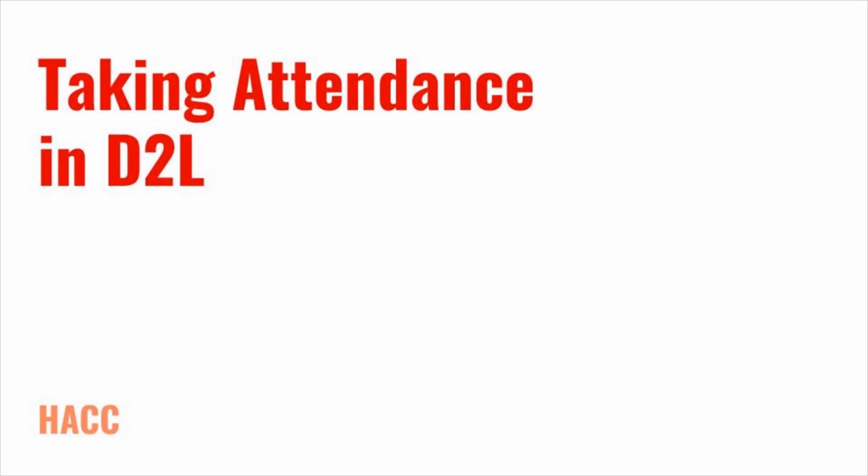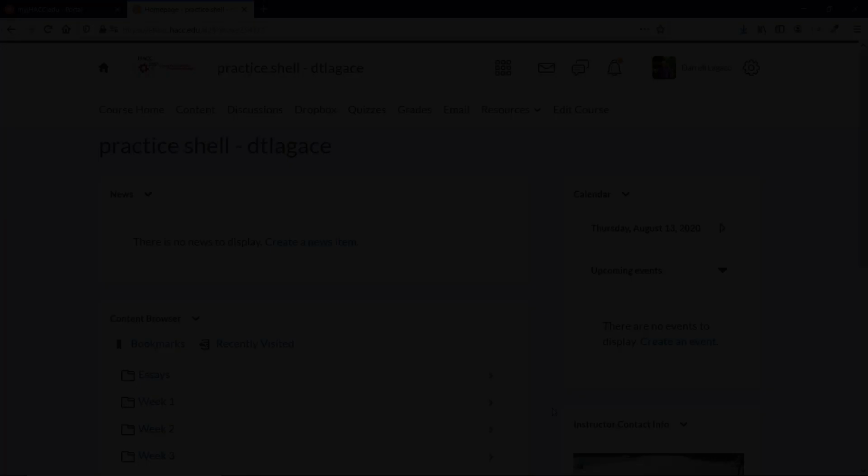Whether you do this instead of or in addition to your usual method, allowing the students to see their attendance in real time puts additional responsibility on them. Not only will they see how their overall attendance is going, they can more easily check in with you if they are ever inadvertently marked absent. You can also have D2L show you a warning when a student's attendance dips below a certain threshold.